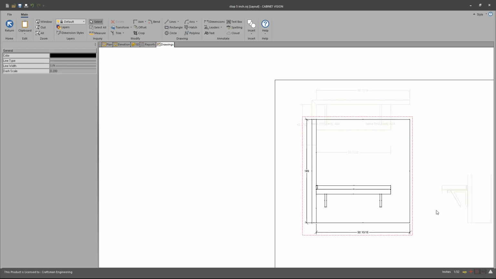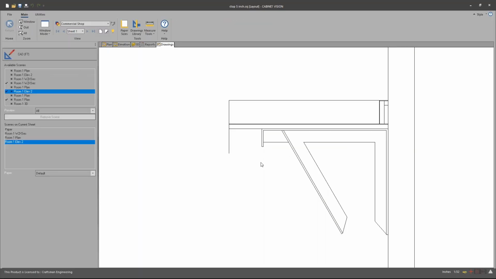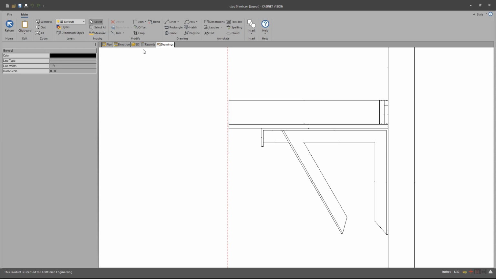So that's it. Oh, let me show you one thing here. That self edge now is just laminate. So in this section you can see I do have the substrate here, which I said is 3/4 inch MDF, 3/4 inch MDF for the back splash substrate, and for this piece here, which makes this a total of 1.5 inches across there. But this 5 inches from here to down here is only self edge. So if I want to dress up this drawing here, I can by adding in some lines here,